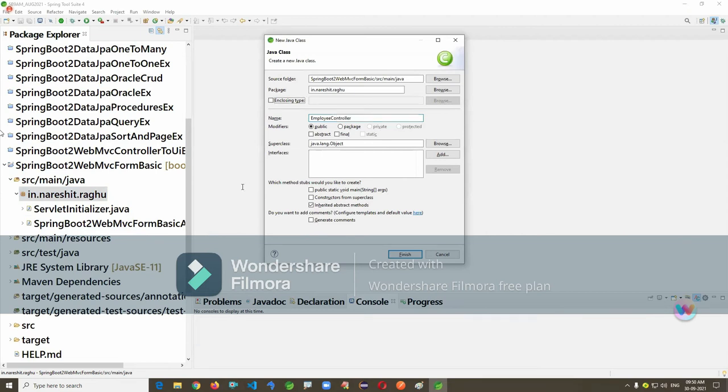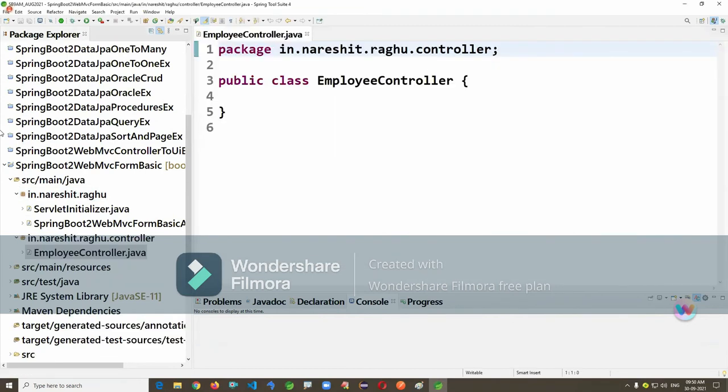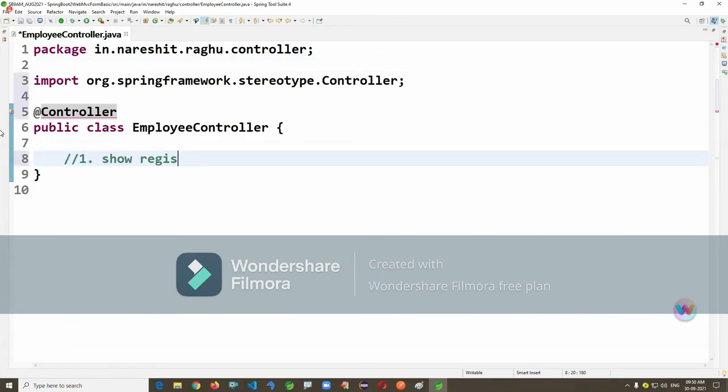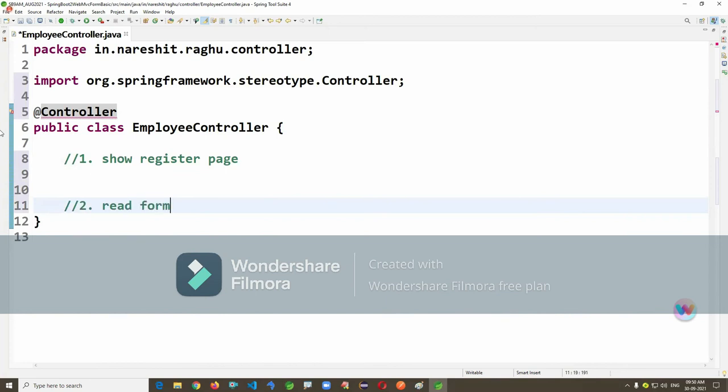I am writing two methods here, and you have to write inside this. Method number one, show register page. Method number two, read form data. So I am writing two methods here.